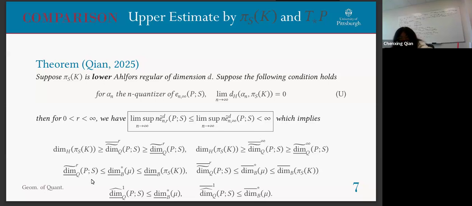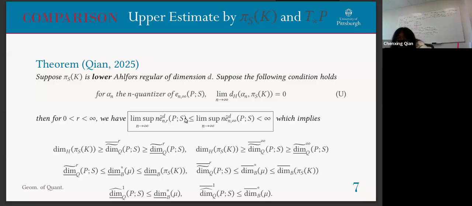So the quantization dimension is also bounded above by the box dimension of the measure, with respect to the projection here. mu here is the push forward measure of the probability. So the quantity here